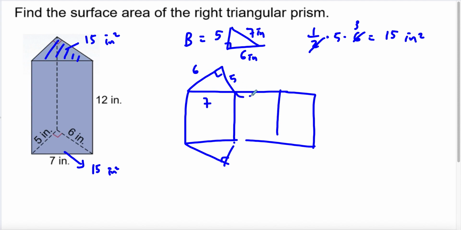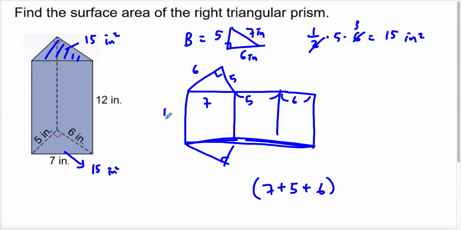So we know that in this rectangle, the width is 7 plus 5 plus 6, right? 7 plus 5 plus 6 is the width, and the height is the same as the prism's height, which is 12. So if you multiply the length here, the base 7 plus 5 plus 6 times the height 12, you're going to find the area of this rectangle,